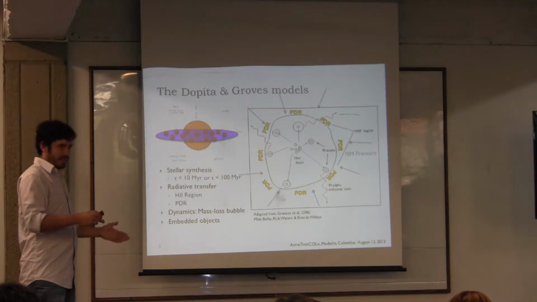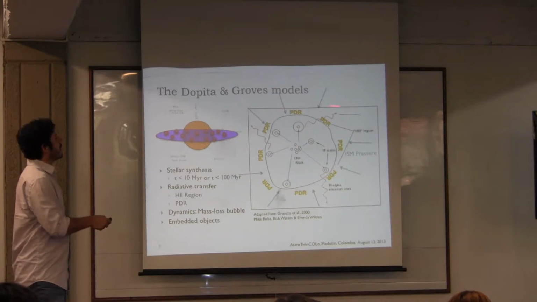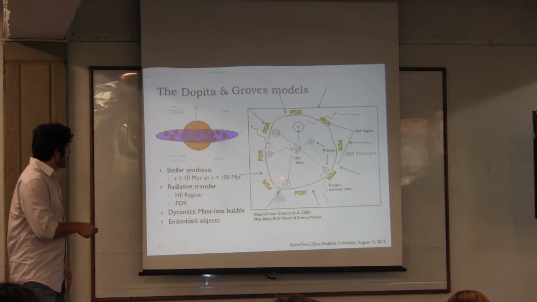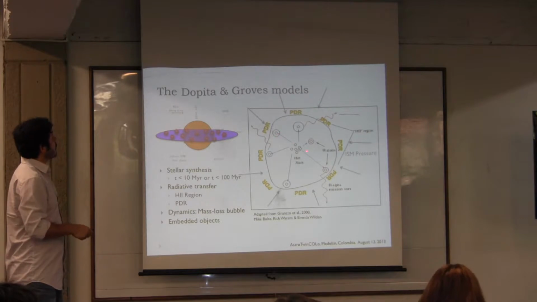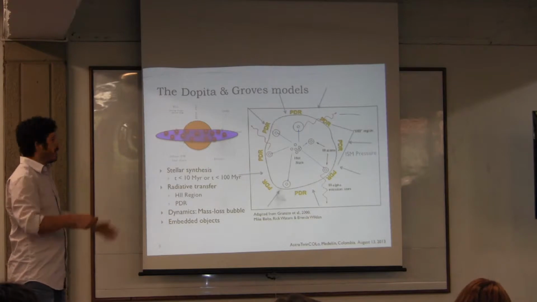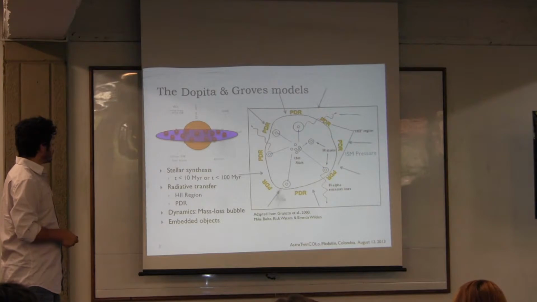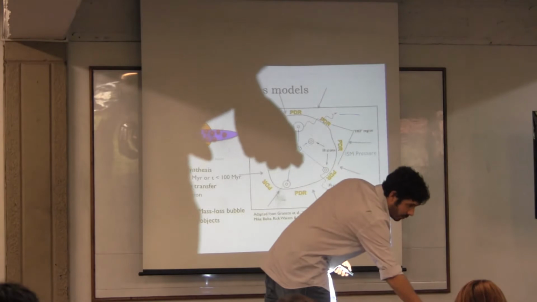Then we do what we call the radiative transfer. Because in the radiative transfer equation, we need to know how the light propagates through the gas and dust in this region. And we do that both for the H2 region and also the PDR that surrounds it. And at the same time, we're following the dynamical evolution of the system. As radiation comes out of these systems, the radiation also pushes the gas and the dust out. And so this bubble expands in time, and you want to have a model that is consistent with that expansion. So this model takes into account all these things and is able to predict what the spectral energy distribution of the system would look like.